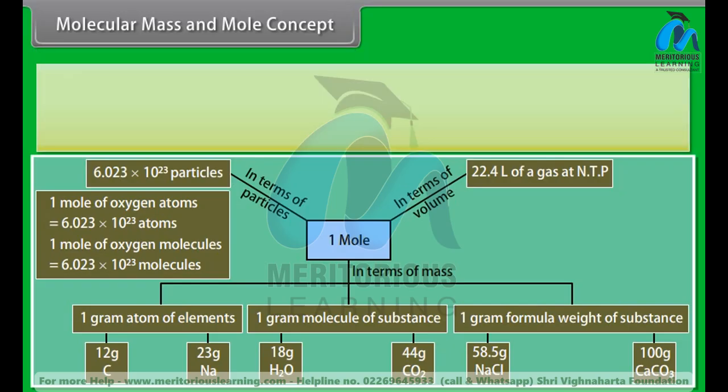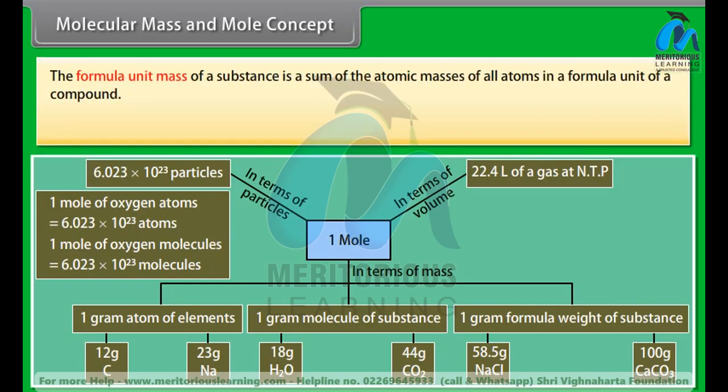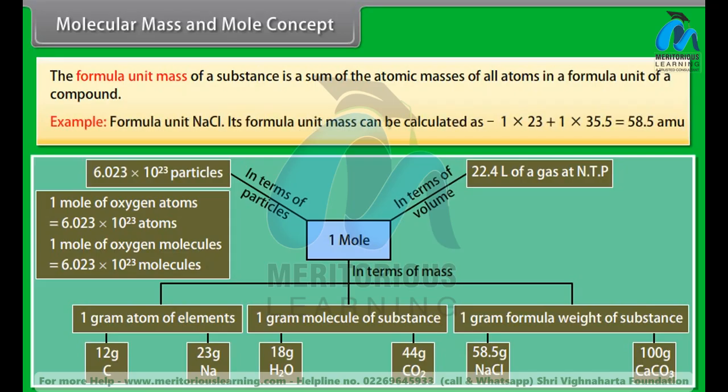The formula unit mass of a substance is a sum of the atomic masses of all atoms in a formula unit of a compound. Example: formula unit NaCl. Its formula unit mass can be calculated as 1 into 23 plus 1 into 35.5, which equals